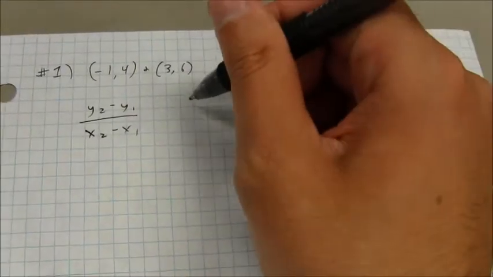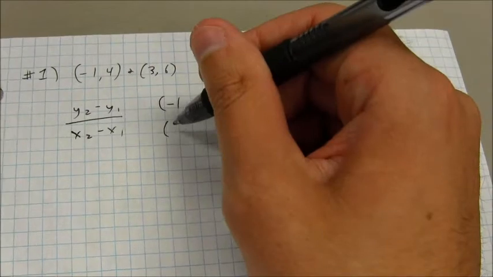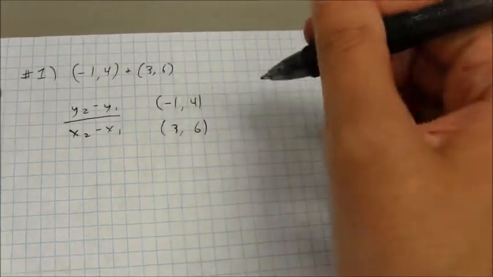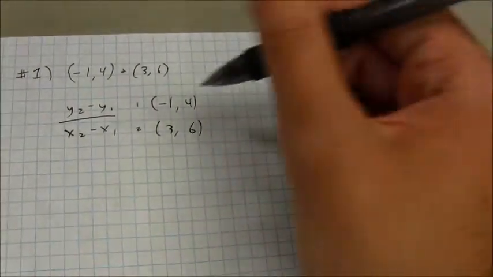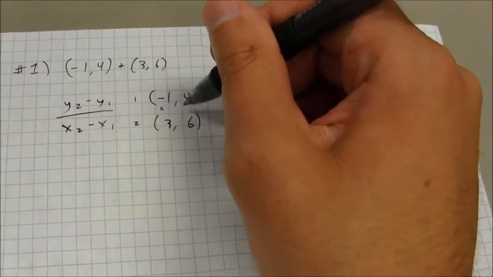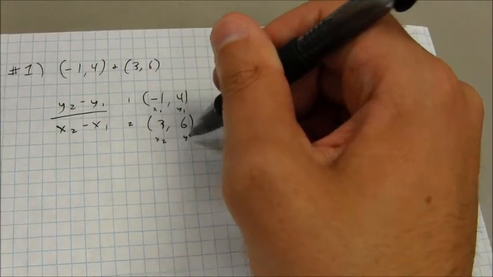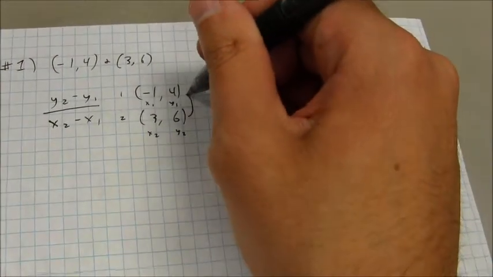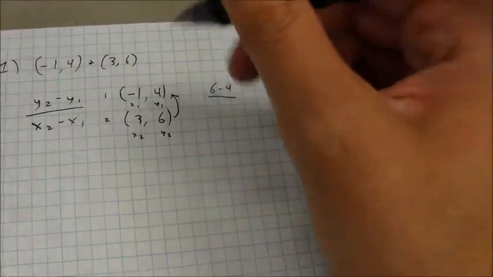I like to line my points up. I like to write out my two values like this. Remember that every point, you have a first point and you have a second point. Every point has an x and a y coordinate, so that's an x1 and a y1, that's an x2 and a y2. So the formula says you're subtracting the 6 and 4, the way I've got mine set up,